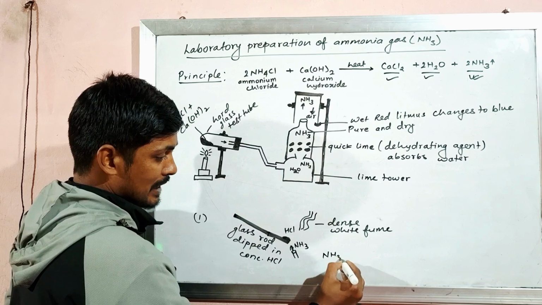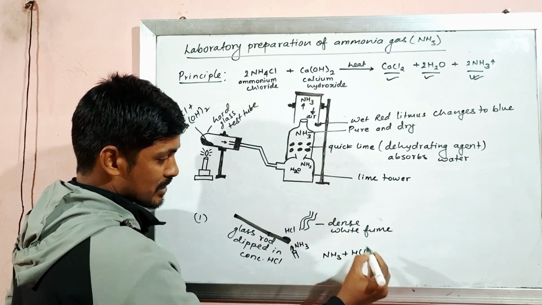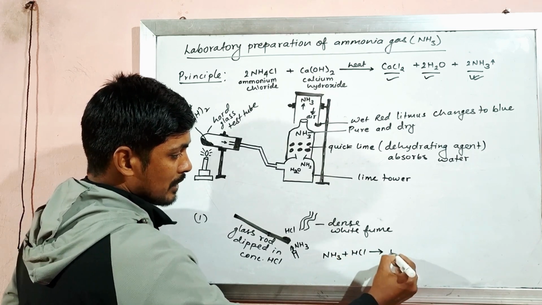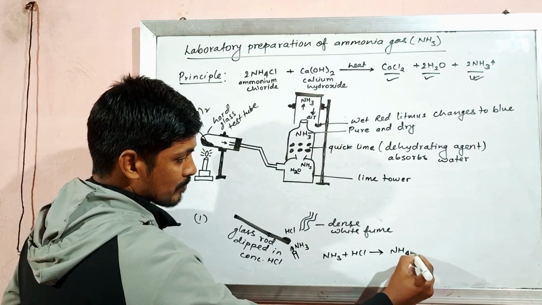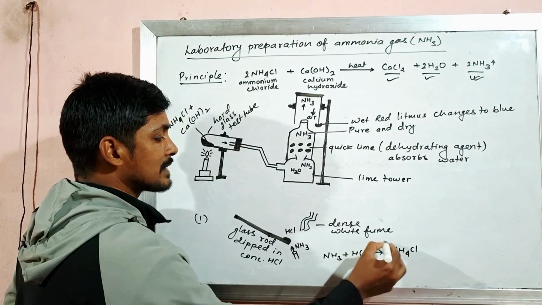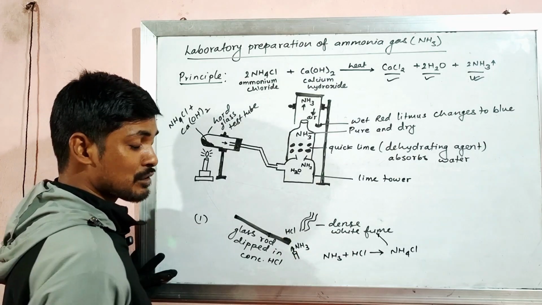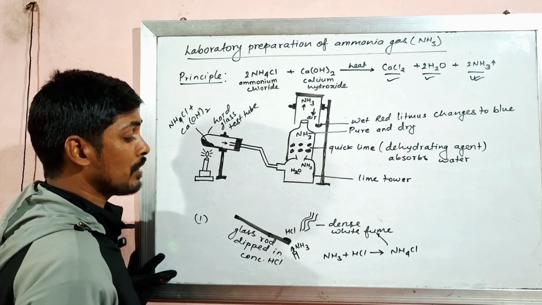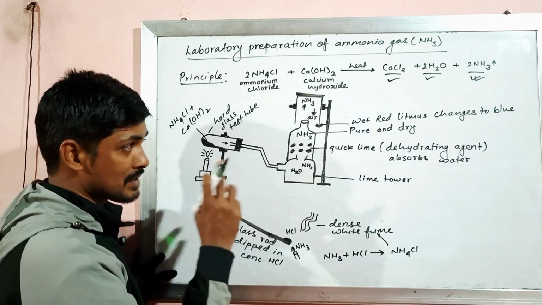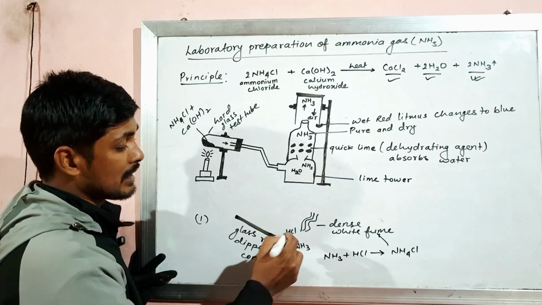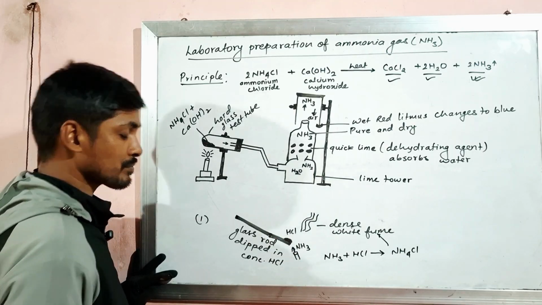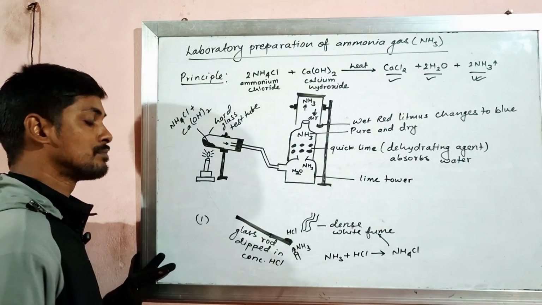Whenever this ammonia reacts with hydrochloric acid HCl, it forms ammonium chloride, which is seen in the form of dense white fume. If we see dense white fume, then we can confirm that the gas in the jar is ammonia gas. After the test,